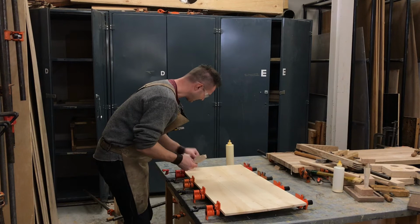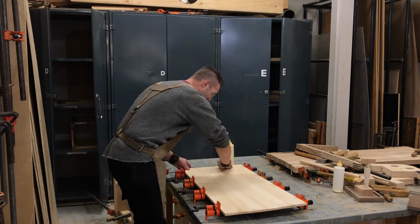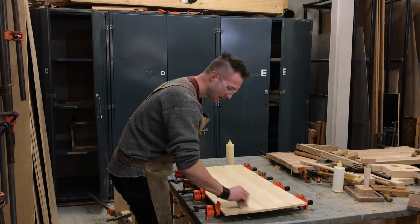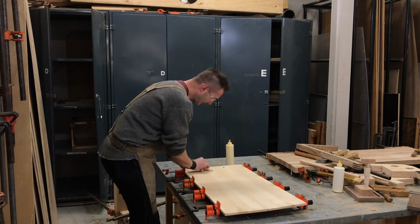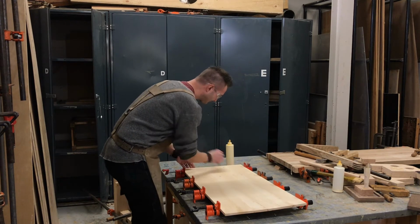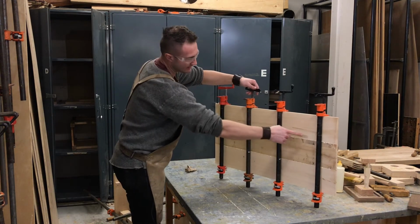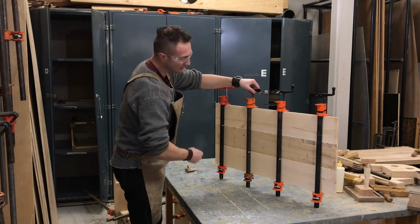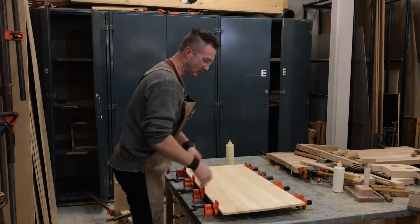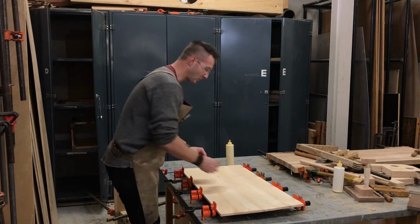And what I'm going to do is take my piece of paper towel here, thanks to Will, and wipe off any excess glue just on the top. I should probably have a little bit of glue coming out on the bottom as well. We're going to actually check it. Sure enough, I have a nice tiny little even bead of glue squeezing out on the bottom. That's actually perfect. That's just what I want. That lets me know that I got good glue coverage. But if we just wipe it off at least on one side,